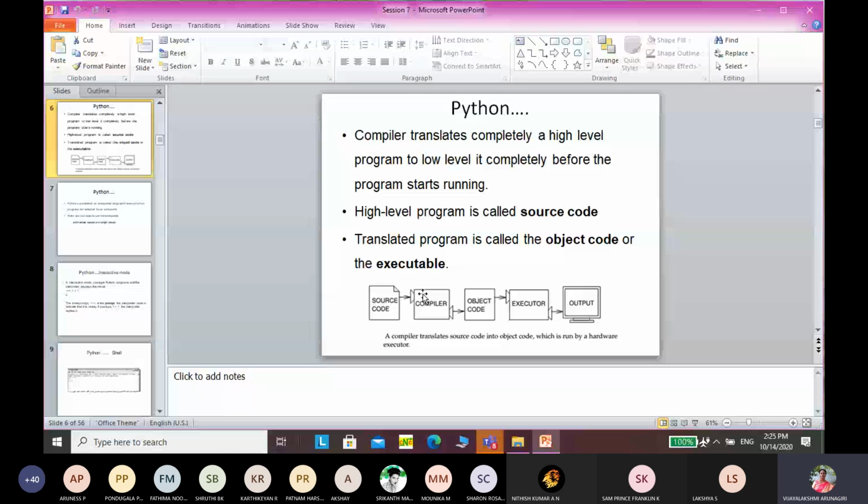Once all the syntax is correct, then what will it do? It will create the object code for the particular source code. What is meant by object code? Object code is nothing but the machine-understandable code. The program we write is called a high level language. So the computer converts it into a low level language, that is called